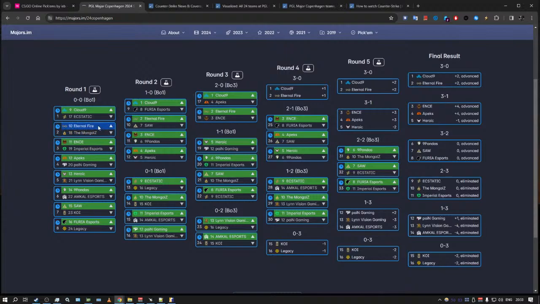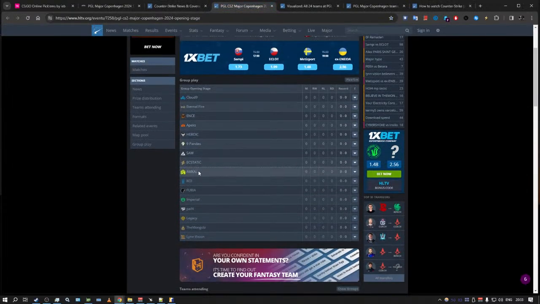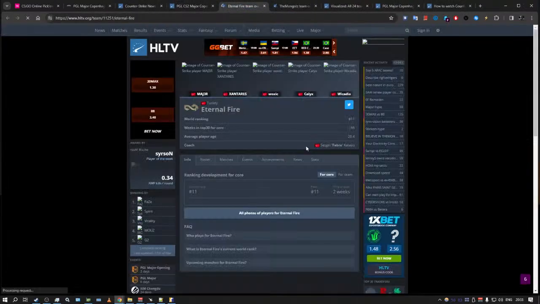and that's why I'm a little bit afraid to put Eternal Fire there, because the Mongols are playing very well at Asian RMR. Granted, it's a much weaker field, but they've been playing pretty good recently. And Eternal Fire, like, they're playing all right, but they're not playing fantastic, sort of lights out, unfortunately. And so there is always a possibility that Eternal Fire can essentially slip up a little bit,